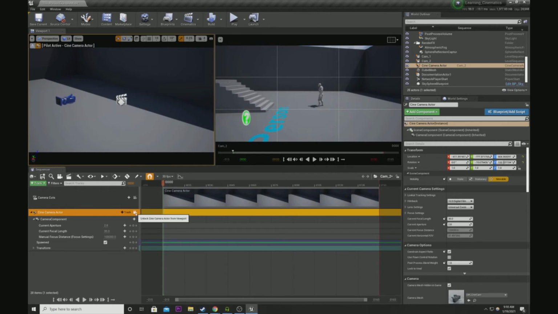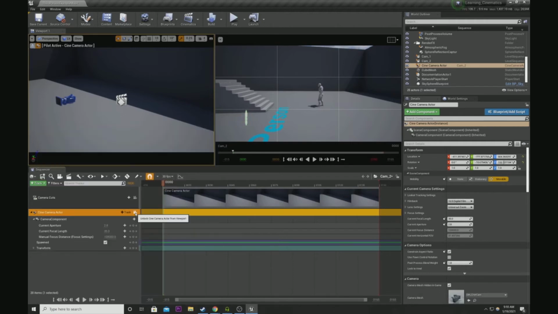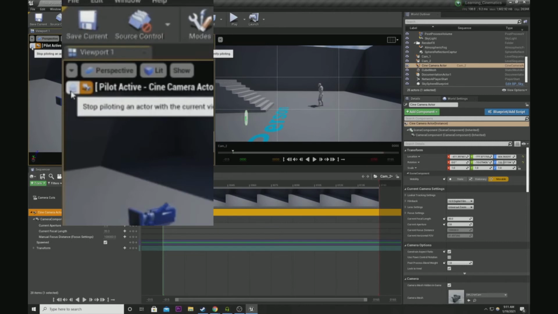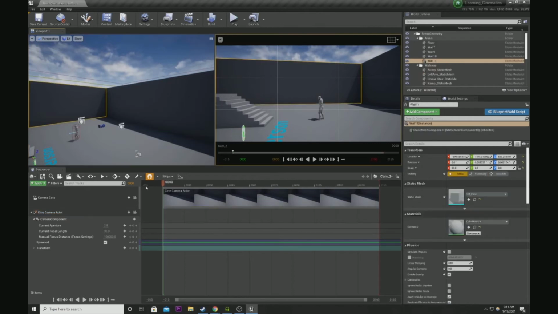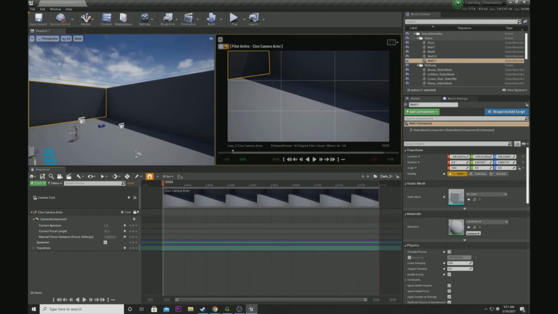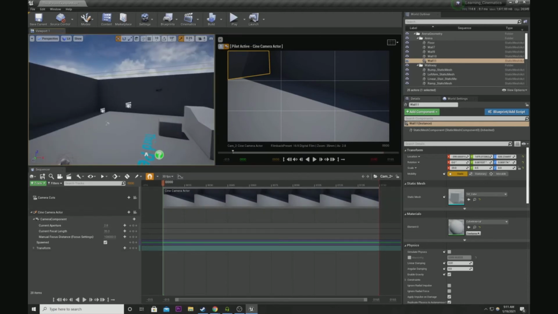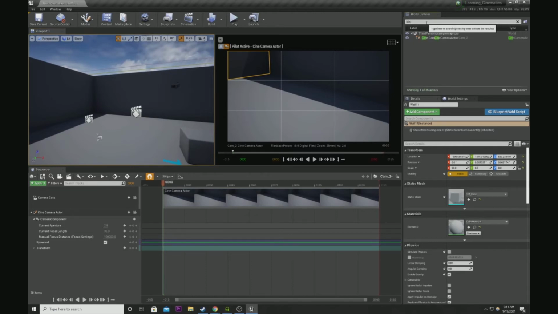If that happens, click on the little camera icon here, unlink cinematic camera actor from Viewport. Or if that's not working, just click on stop piloting actor within current view. And then let's click on our cinematic viewport and link the camera there. Now it says pilot active in the correct viewport. Now we can find our cinematic camera. If we can't find it, just go to the world outliner,